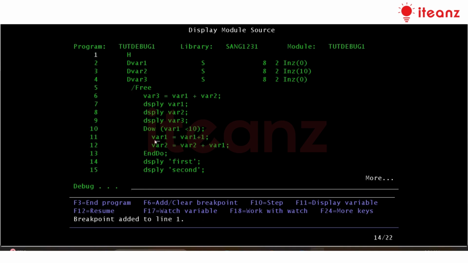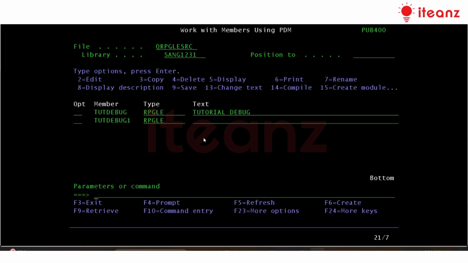And one more thing is, let's say I want to put the breakpoint on var1 when the var1 value is 5. So you have to write break, line number, when var1 equal to 5. Okay, so that way it is adding the breakpoint here. So now if I take F12 and I call the program,